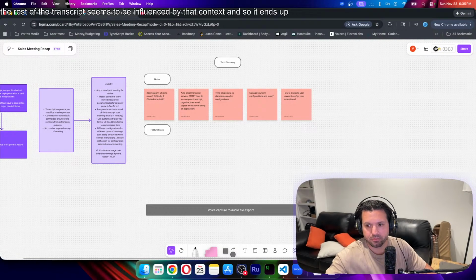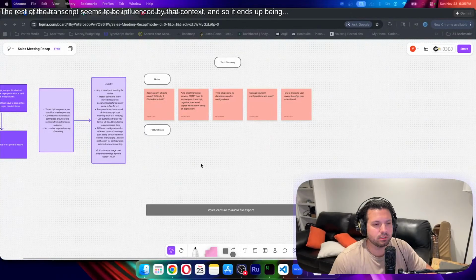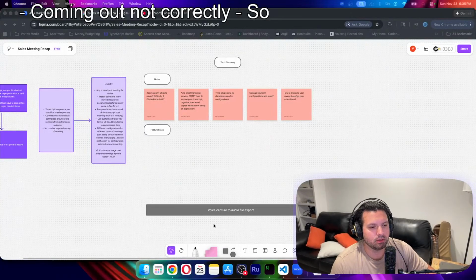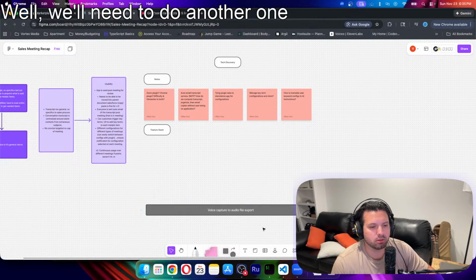So what we'll need to do in that case is make sure that we can also get an audio file,